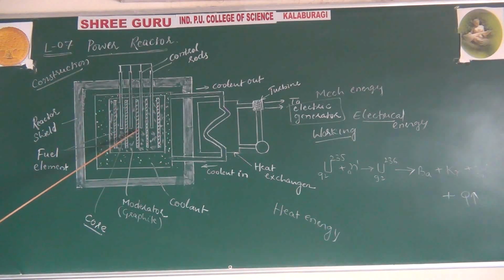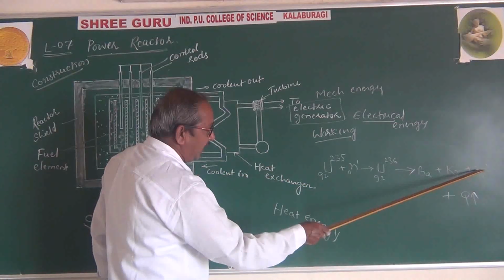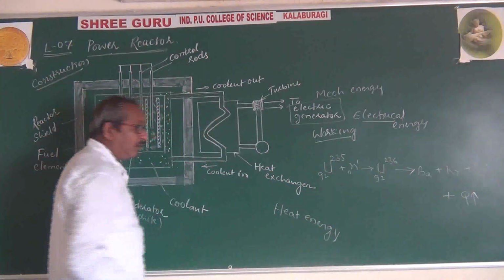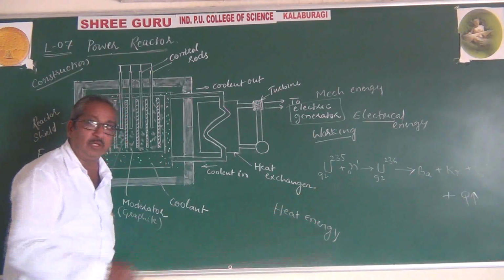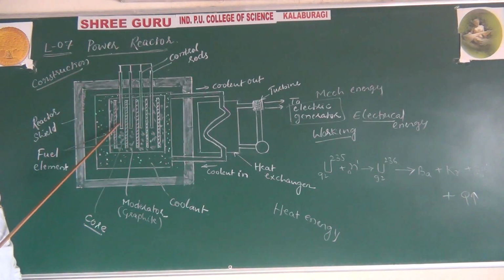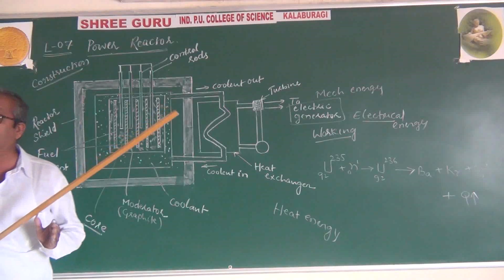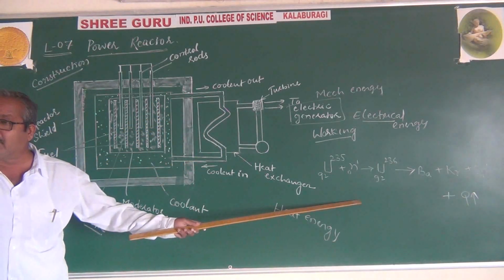The rate of reaction can be controlled by using these control rods. Usually they are made of cadmium. During each reaction, 2 to 3 neutrons are released, and those neutrons cause further nuclear reactions. Because of this reaction, we got this only for 1 atom of uranium. These enriched uranium rods consist of a number of atoms of uranium, and this is the reaction for 1 atom of uranium.